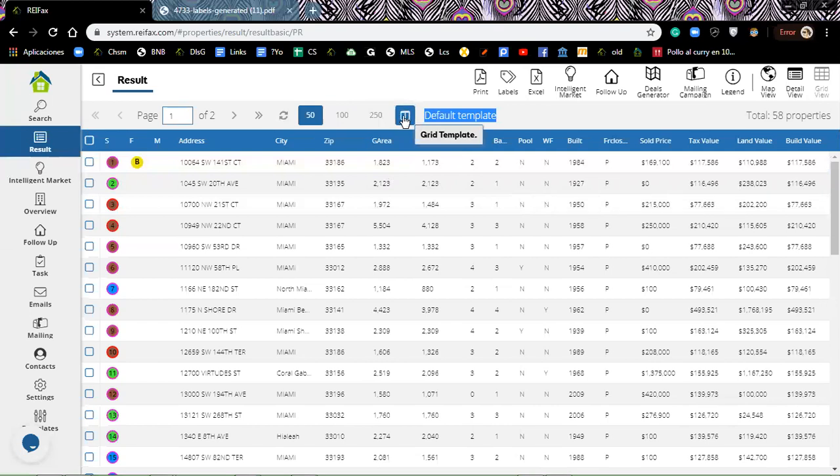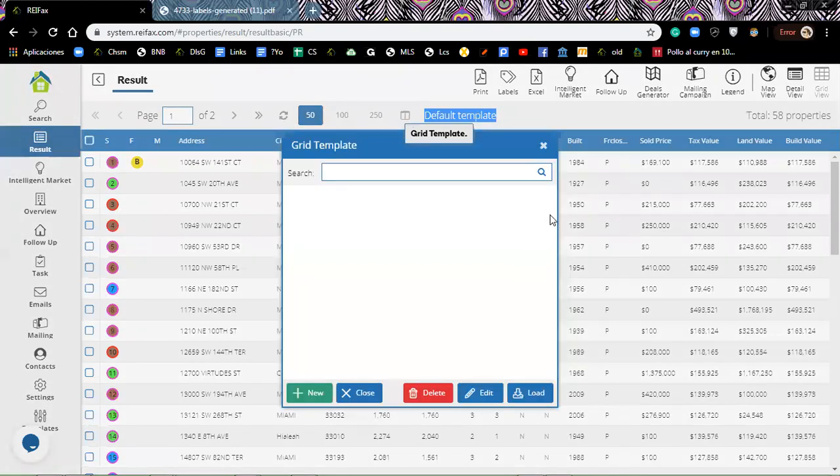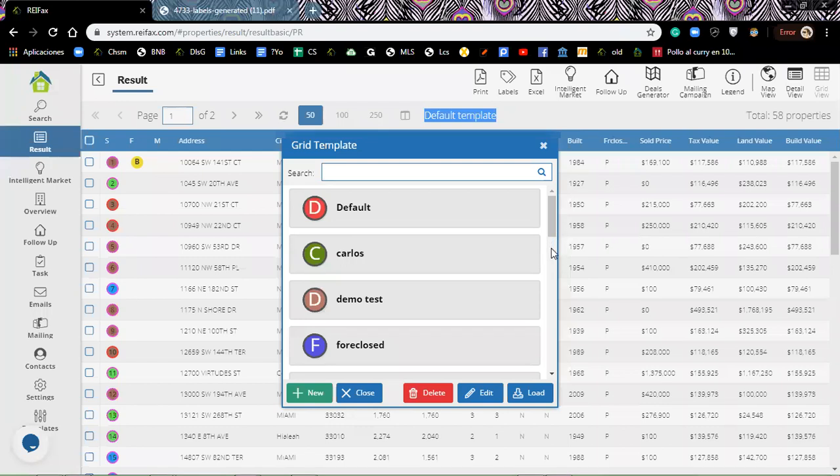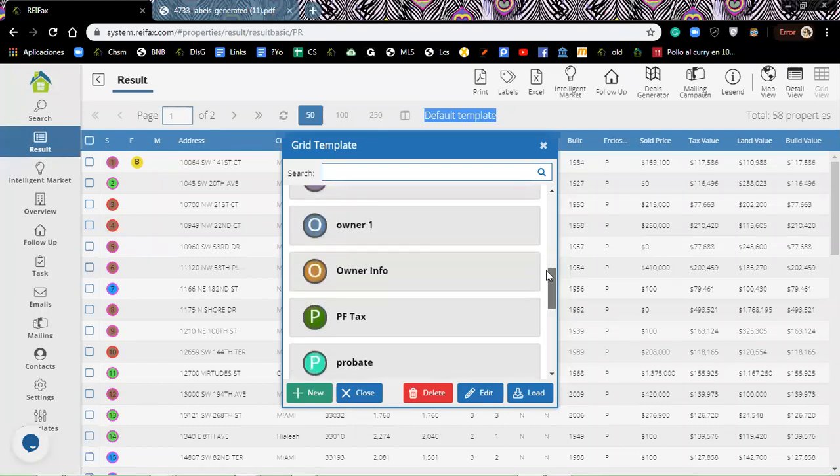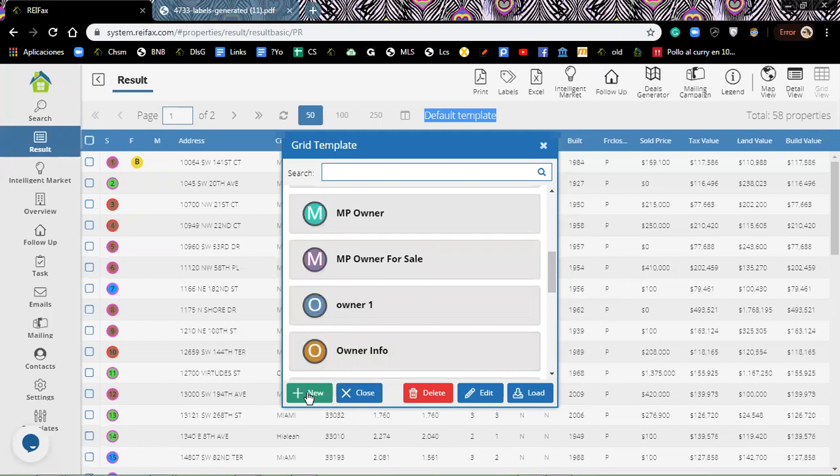But if I click on this little notebook, column, square, however you want to see it, it will open a little window where I can either select any previous template I have already created, or I can click here on new,